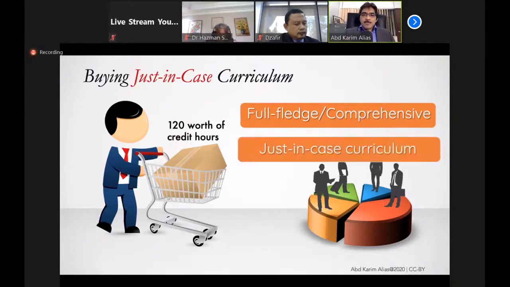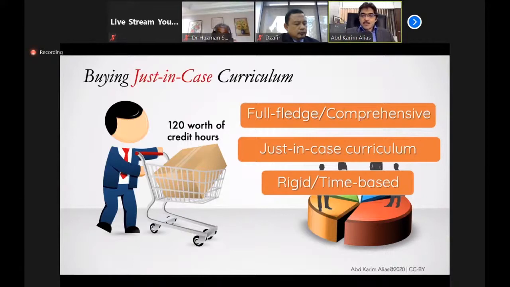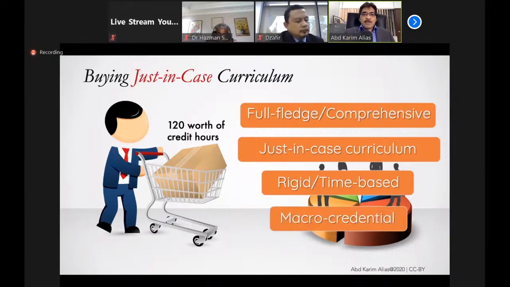And I call this a just-in-case curriculum because we stuff everything in, thinking that the students will use all the knowledge and the skill they will learn during the 4 years. And it's a rigid or time-based system. They have to stay in the system for 4 years, whether they are very genius or even if they can do it in 2 years, there's no way they can graduate earlier. And at the end, they will get the 120 credits, not even one credit, 1 unit less. If 1 unit less, they cannot graduate.